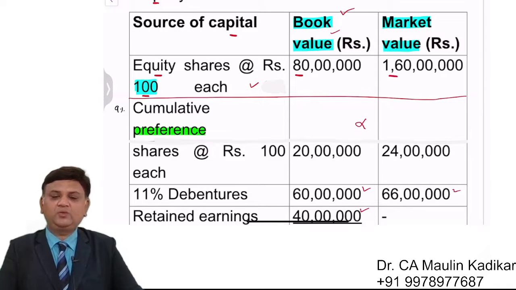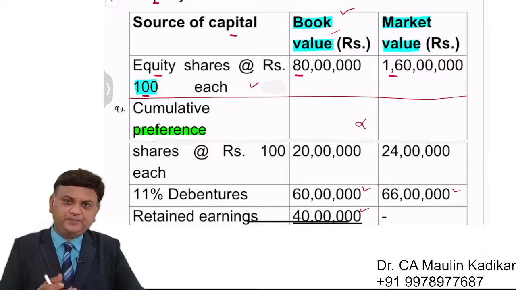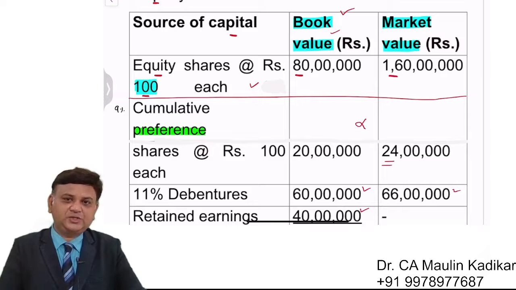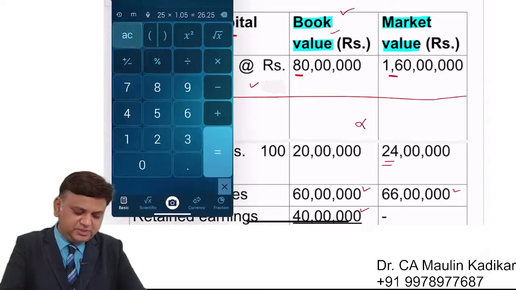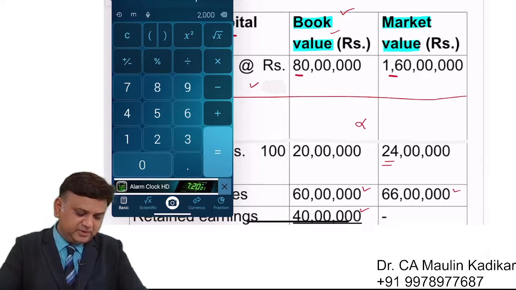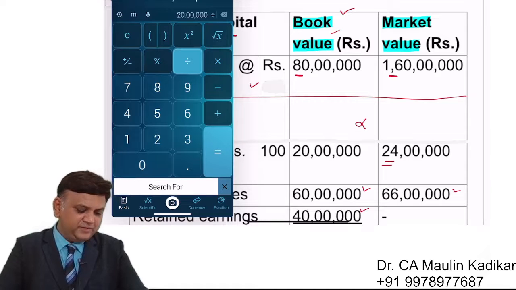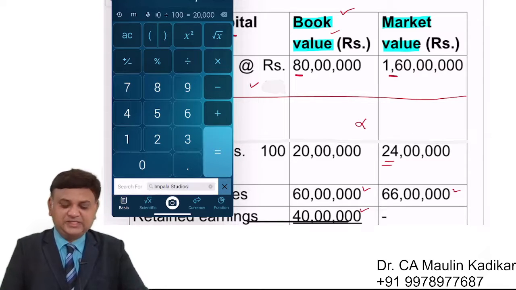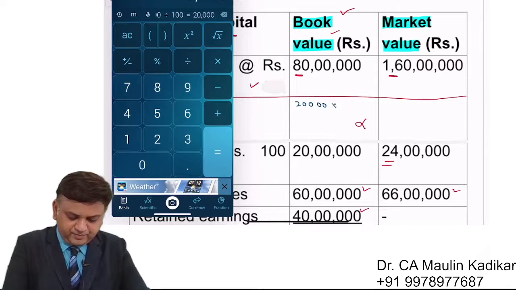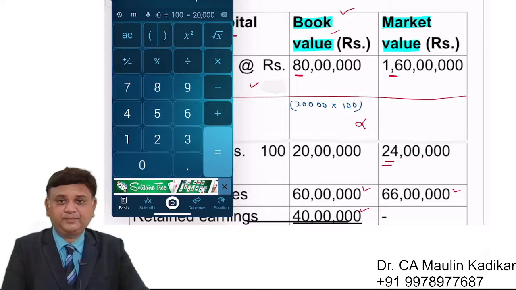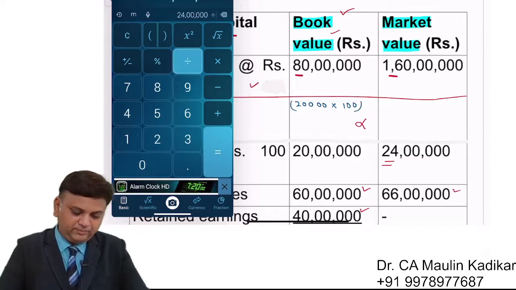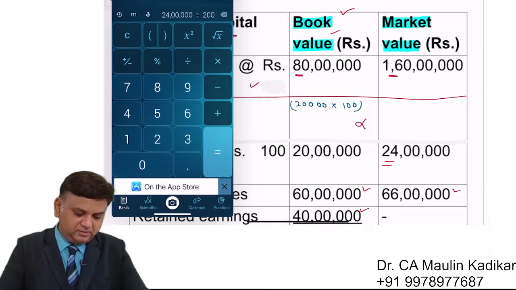Second, we have to understand that we are required to compute the cost using the existing market value of the security. See, understand logically like this. I am giving you a detailed explanation over here first of all. See, 20 lakhs is the preference share capital. Face value of the preference share is 100. It means that the company has issued 20,000 preference shares having face value of 100. Market value of the preference share is 24 lakhs. 24 lakhs divided by